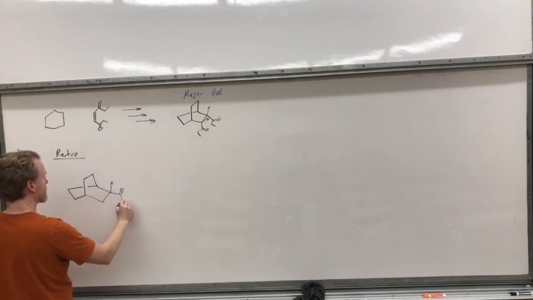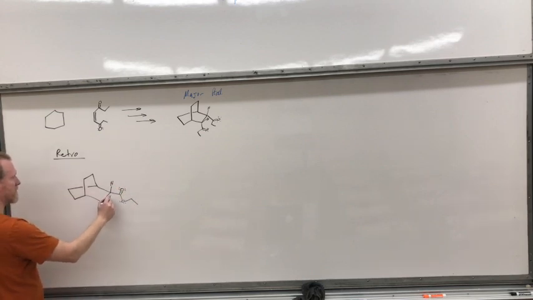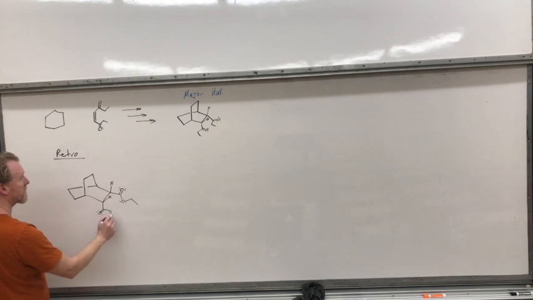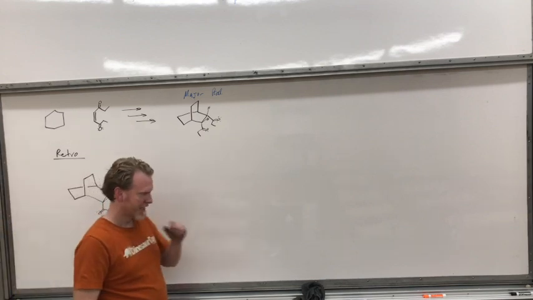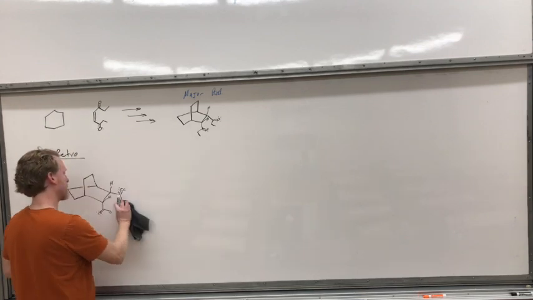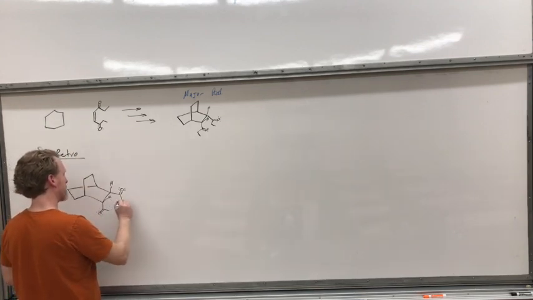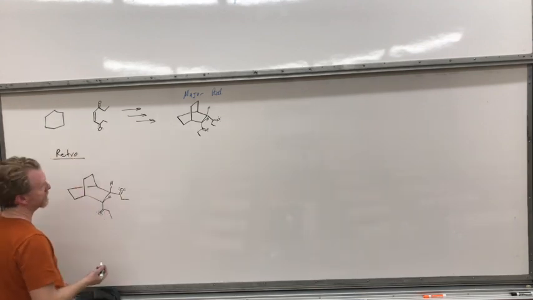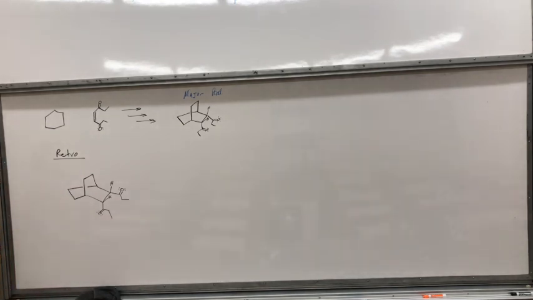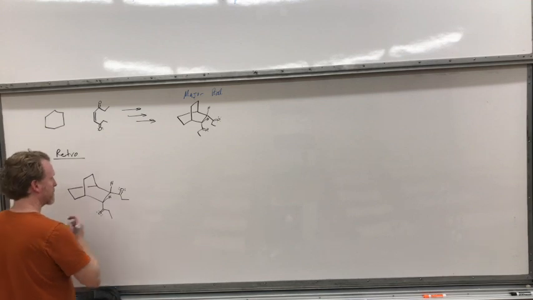So it looks like this is the endo or the exo product. Wait, there's the ester. That's endo, right? That would make sense. If we want the major product in this retro, we'll go with endo. So I'm not even having to draw the exo, it's a minor product. Okay, so for the retro,